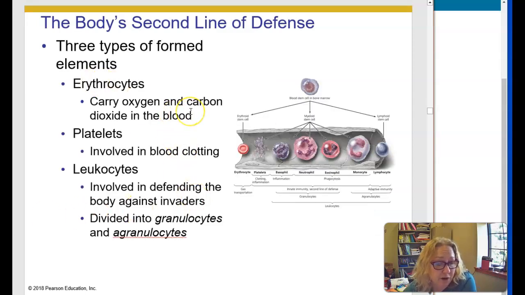Erythrocytes carry oxygen and carbon dioxide in the blood. Platelets are involved in blood clotting. Leukocytes are involved in defending the body against invaders. So here are our leukocytes, and they are divided in